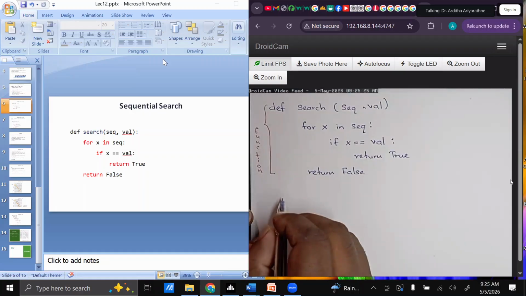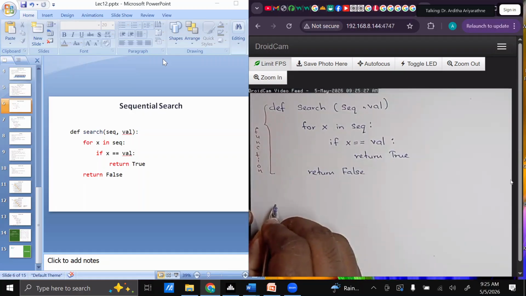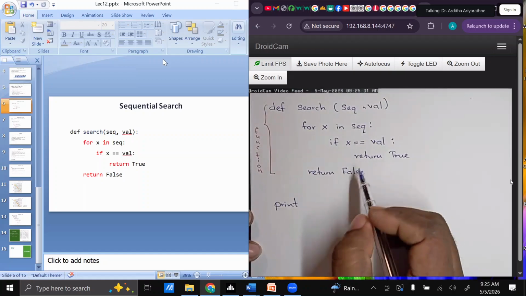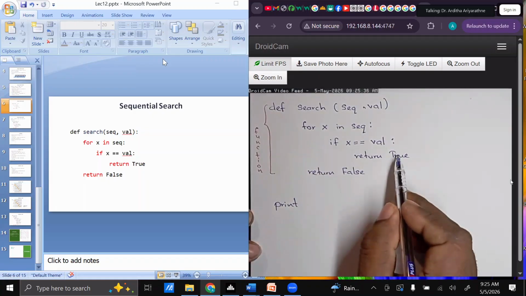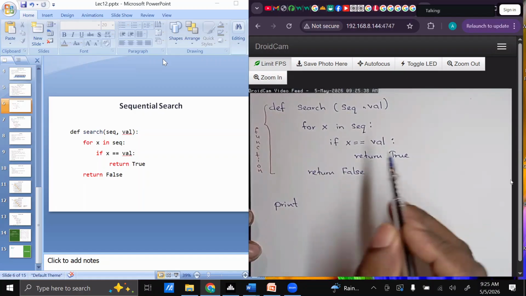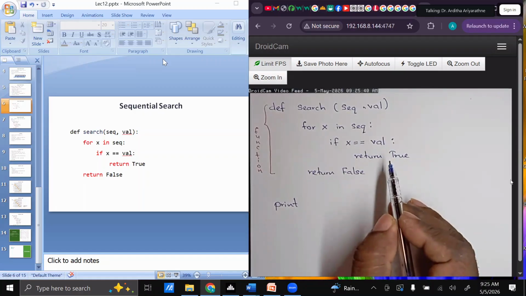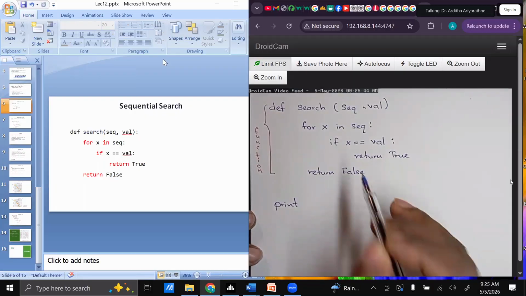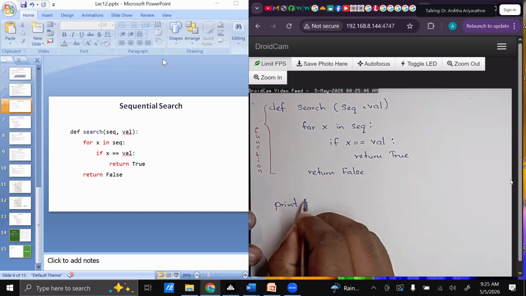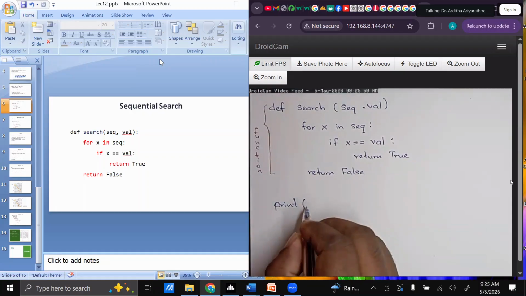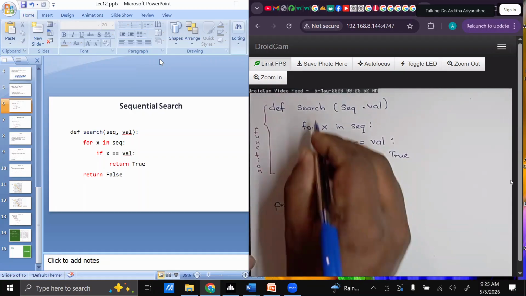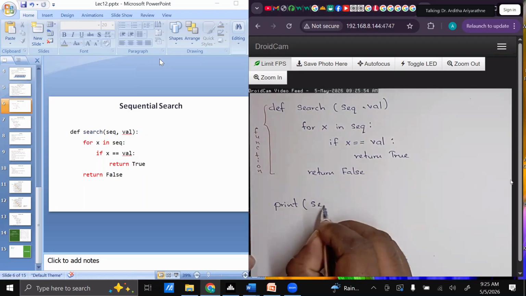Here, what we can do inside the print, because we need to print the output at the end. It means if we found the value, we are returning true. We have to print true. If we are not successful, it means we are unable to find the required value. We have to print false. So inside print, right here, we are calling the function search,